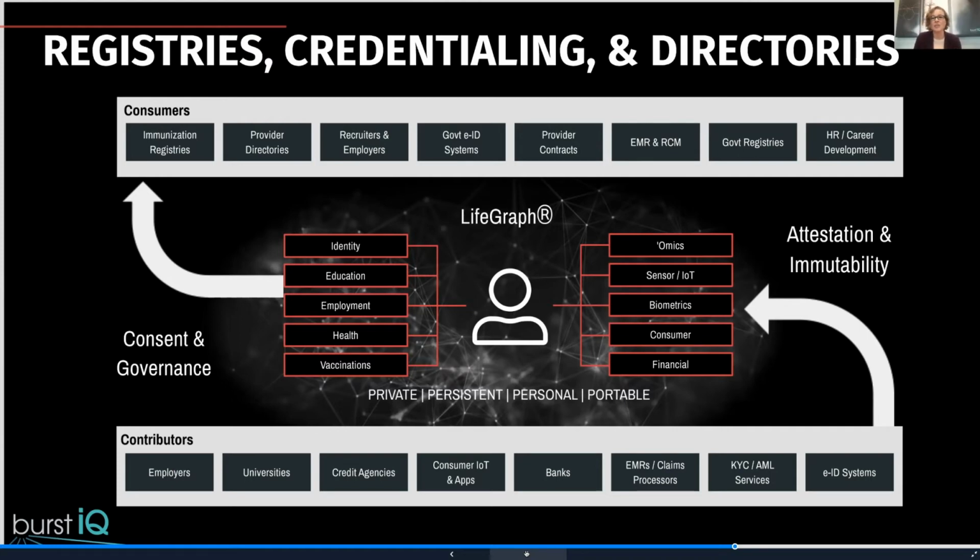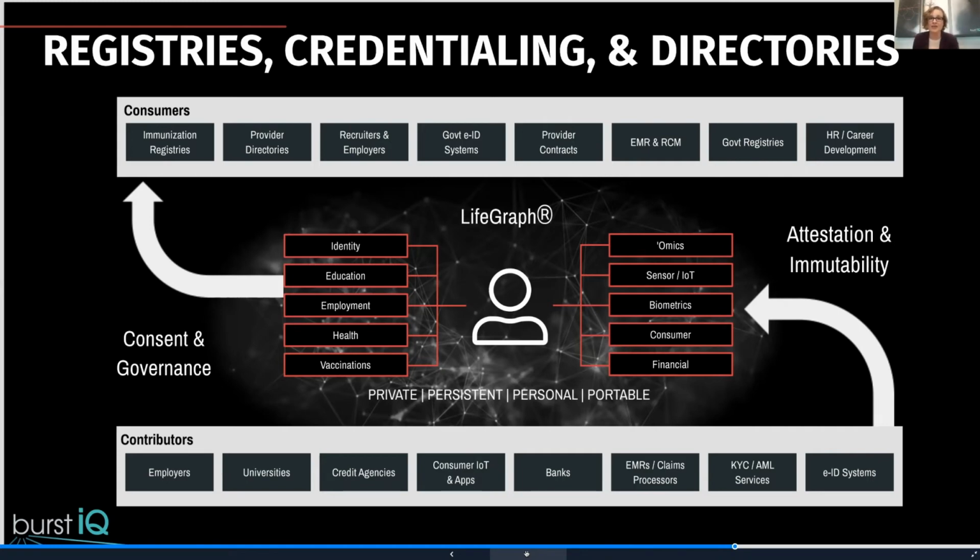So the system packages up my immunization status as a piece of trusted data and adds it to the registry. Then if I move out of state, I can revoke that registry's access, or the system revokes it automatically, and automatically adds that same trusted data to the registry in my new state.